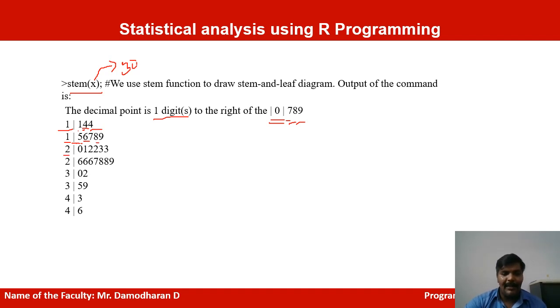2 will come as a starting number: 20, 21, 22 twice, 23 twice. So 26 will come thrice, 27 will come once, 28 will come twice, then 29 will come once. So 30, 32, 35, 39, 43, 46. This is the starting value, it will come twice, and it will print all the rest of the numbers. So this structure we will see like a graph and tree structure. It is seen as a stem and leaf diagram of this output.